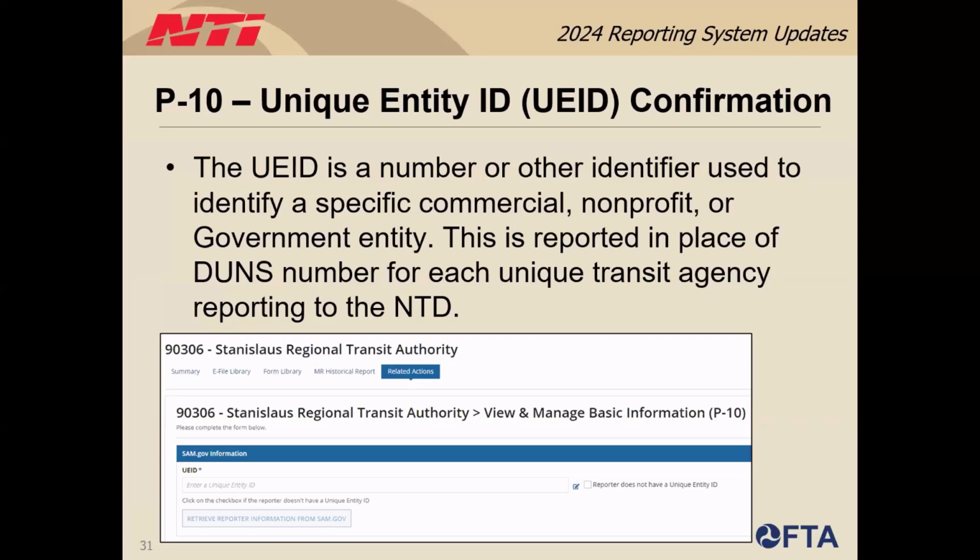If you do not have one listed and are unsure of where to find it, there is a link to the U.S. General Services Administration UEID webpage found in the policy manual. Please note that only the entity contact, CEO delegate, and CEO contact can update this information in the Agency Profile P10 form. Please contact your analyst if you have questions regarding the unique entity identifier.